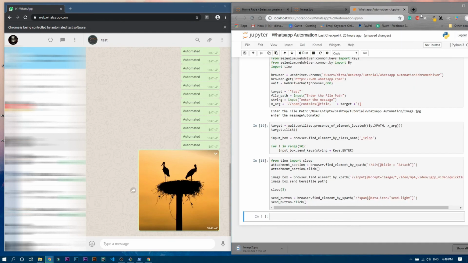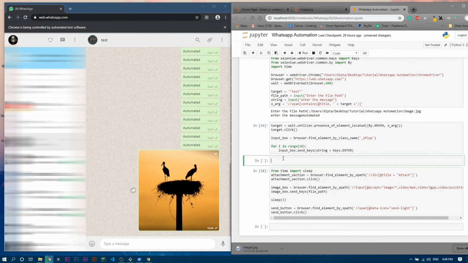So let's close this one, and actually instead of writing the file path again, we can just copy this one, copy the path, and let's make another cell over here, and here I'll just write file underscore path, and that is equal to this one, and the name is image2.jpg. Fine, now let's run this cell.